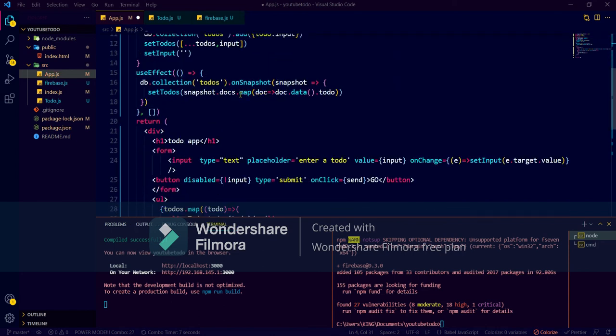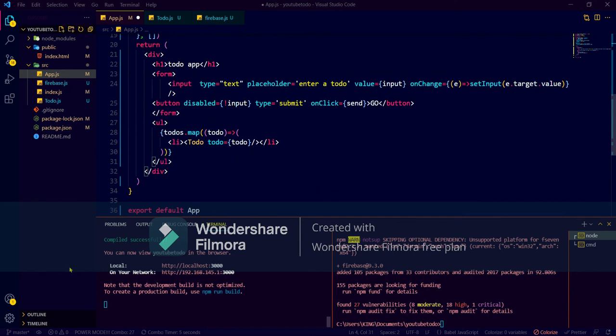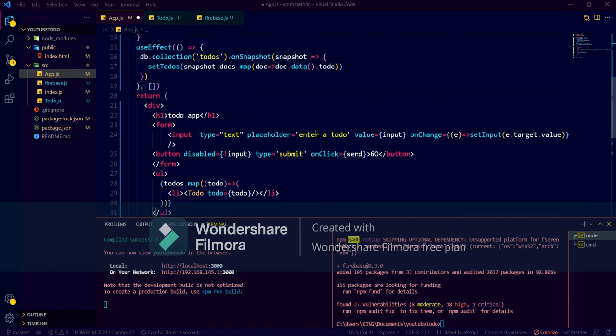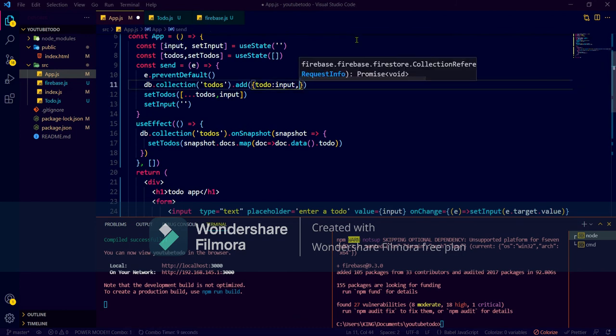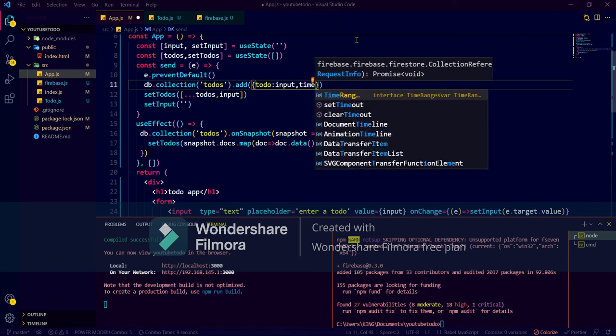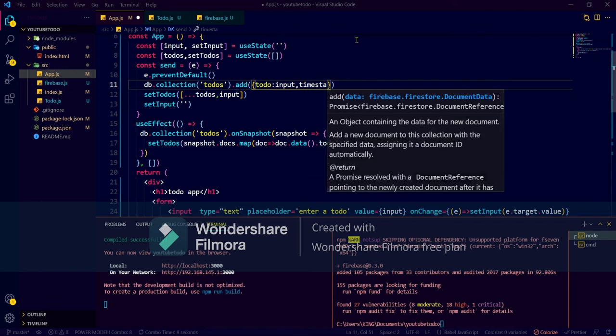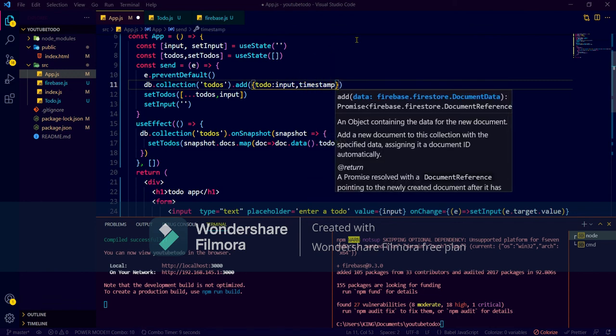And then here, what we will do is find where that function takes its input. Here we will add one more thing, like a timestamp.